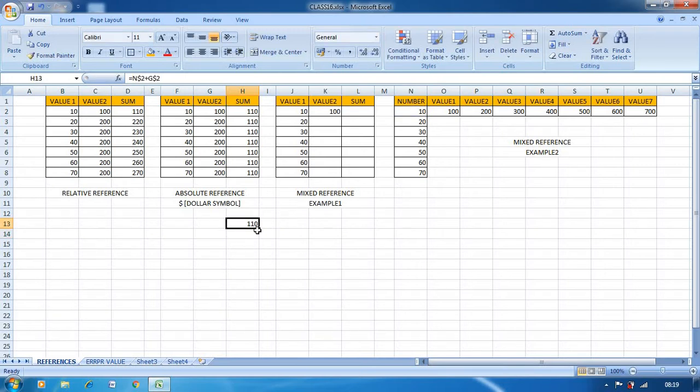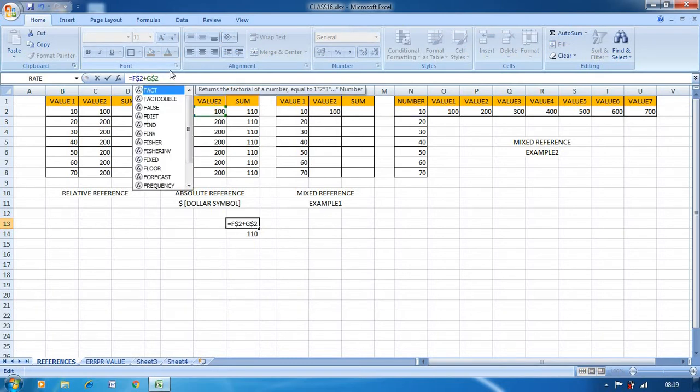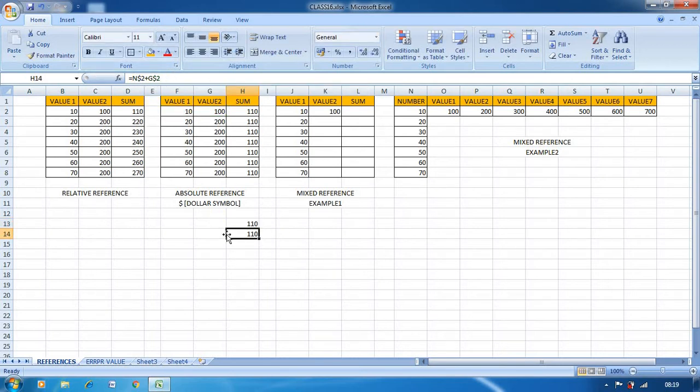Now if I drag downside, what happens? See, the column name and row number will be same. So either you can use this one, $F $2 plus $G $2, or what you can write is F $2 plus G $2.